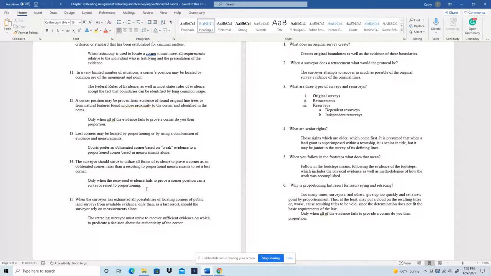Principle 12. A corner position may be proven from evidence of a found original line, trees, or other natural features found in close proximity to the corner and identified in the notes. So only when all the evidence fails to provide a corner do they then prorate. That's what this is talking about, proportion. But a lot of times,